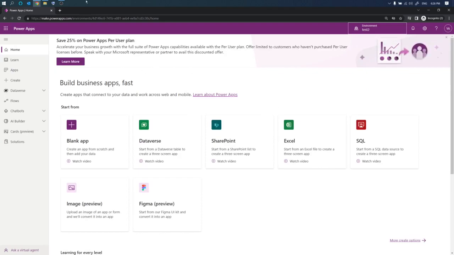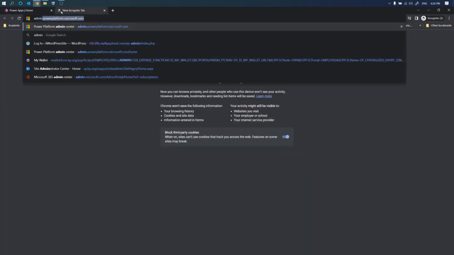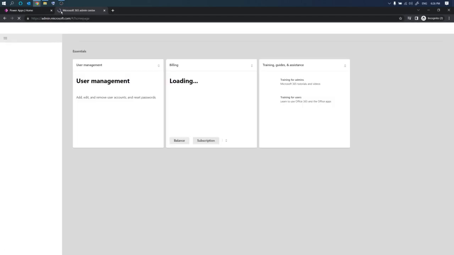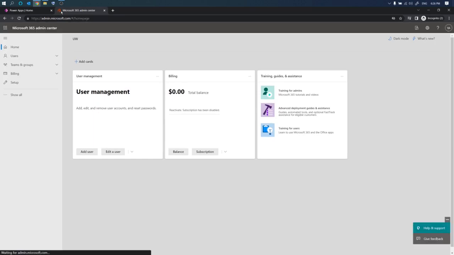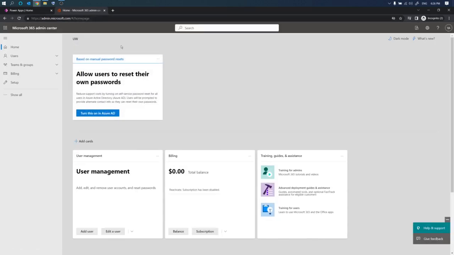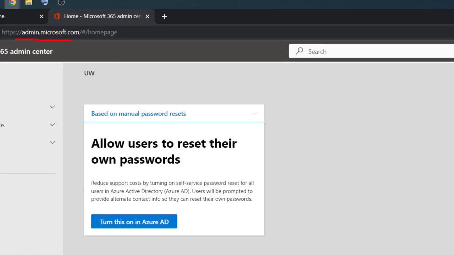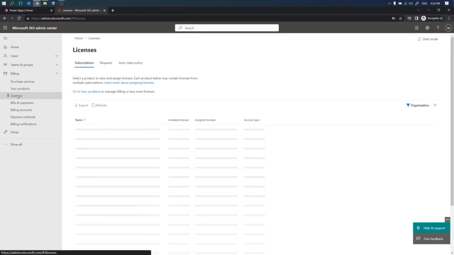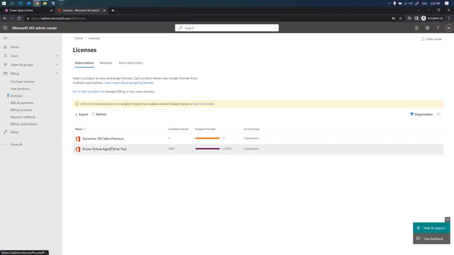Oh, before I do that, I got a couple of questions about licensing. I just want to show you the stuff that we need here. You don't need to pay for it. If I go to admin.microsoft.com, we just use free licenses, and by the time we're done with our lab, if that license expired, it's not a big deal. So this is admin.microsoft.com. I go to billing, and here there are licenses. You probably received an email about a license being expired, the Dynamics 365. You can see mine is expired,